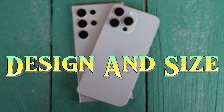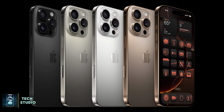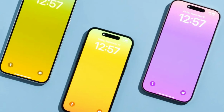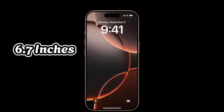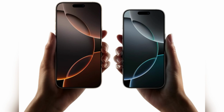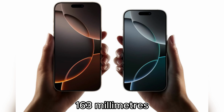Design and size. As expected, Apple's iPhone 16 Pro Max doesn't deviate much from its predecessor when it comes to design. The rectangular shape, soft corners, flat sides, and Dynamic Island pill-shaped cutout remain. This year, however, the screen has grown from 6.7 inches to a massive 6.9 inches, making it the largest display ever on an iPhone. Its bezels are even thinner, but the overall dimensions have changed slightly, measuring 163mm by